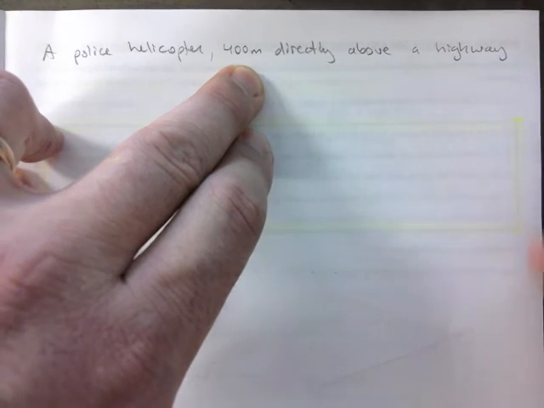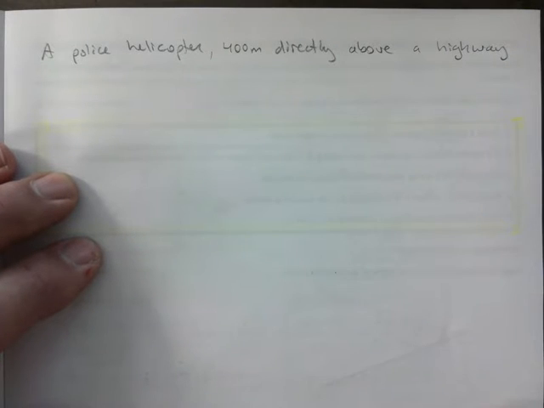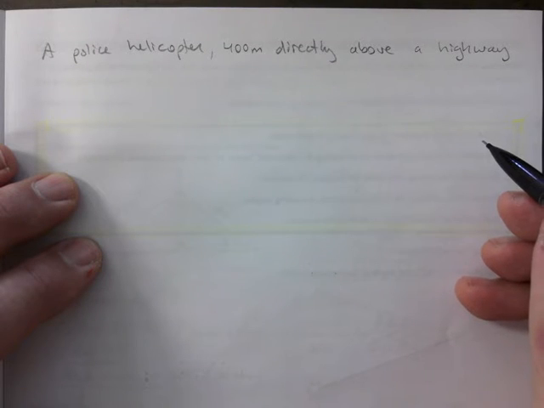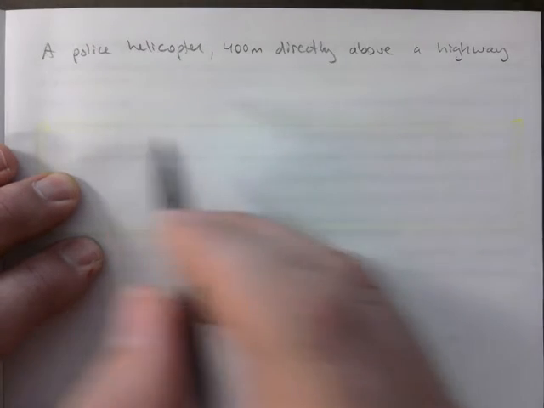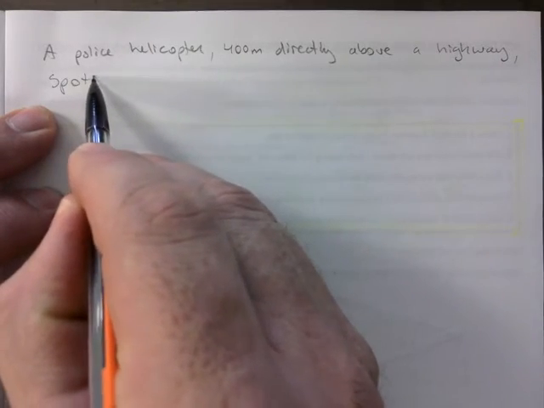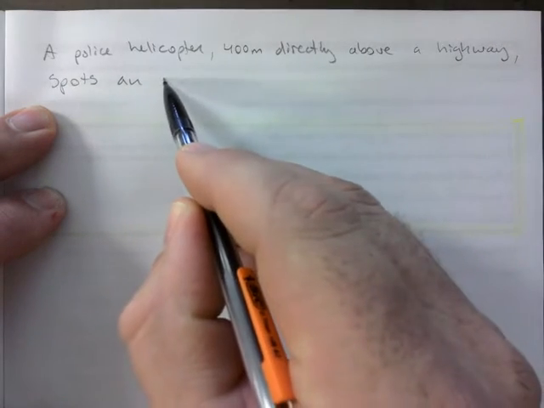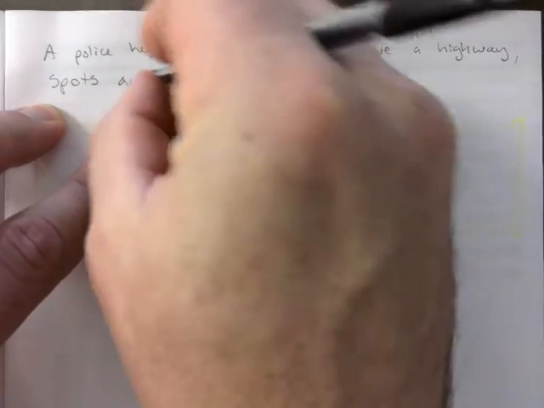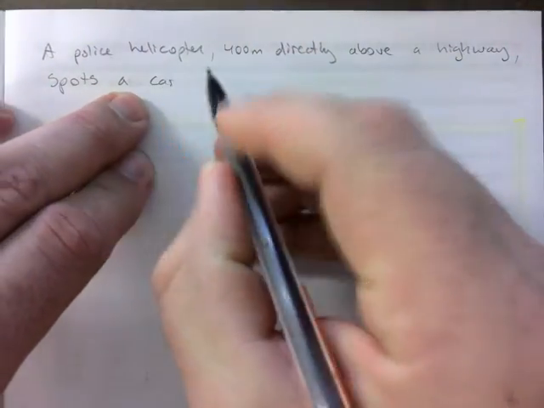If you can shorten words, do it, okay? A police helicopter 400 meters directly above a highway, comma, spots an accident, a car accident, a car crash